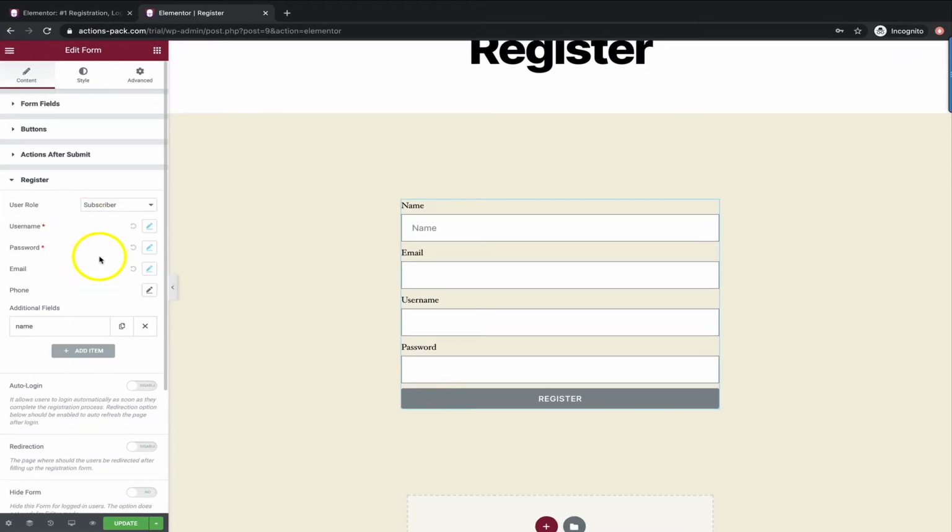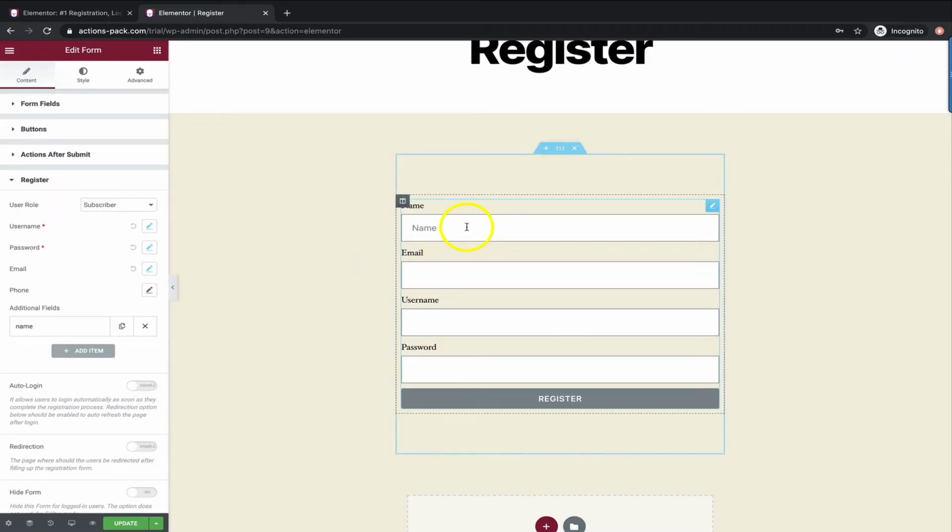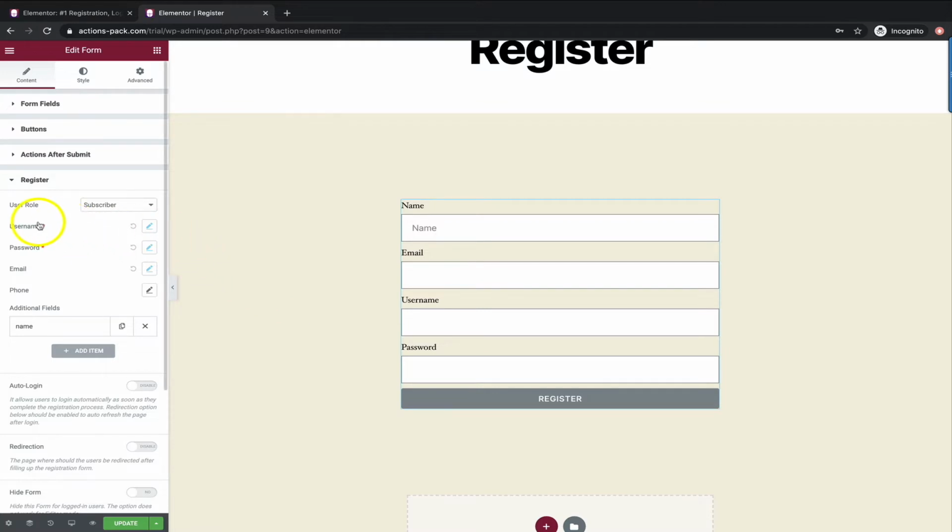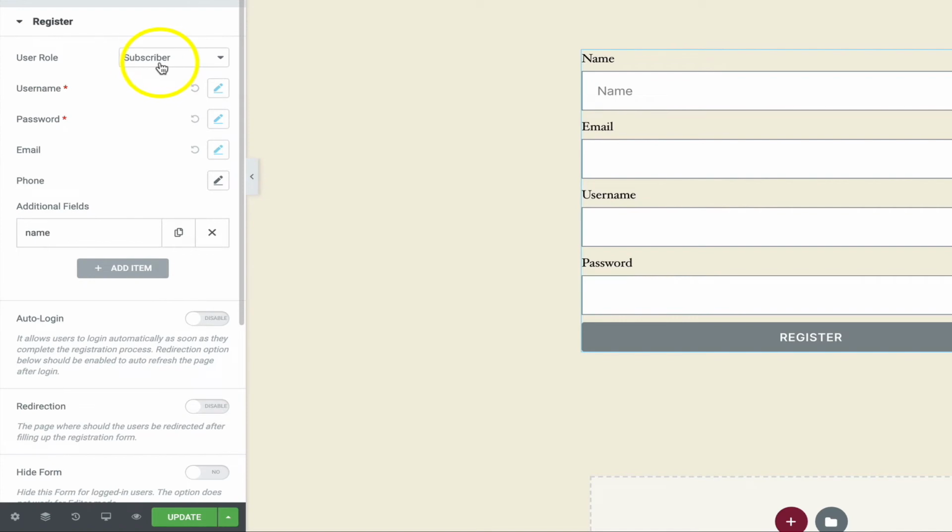So now we can take a look at how to map these data entry fields. That's basically what they are. The user is going to put their information into these fields. We can map these to the fields in the back end of our WordPress website, and we simply match them to these fields here. So we start with user role. Typically subscriber is probably going to be the one you want. Others are available from the drop down, but probably subscriber.